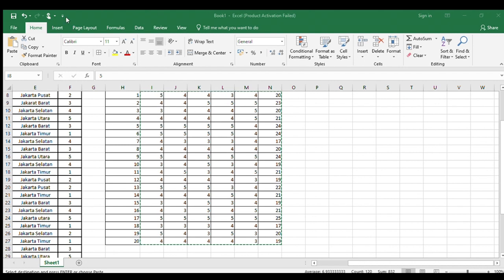And then click analyze, correlate, bivariate. Click OK.